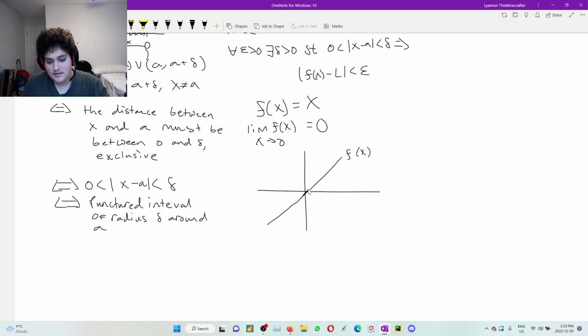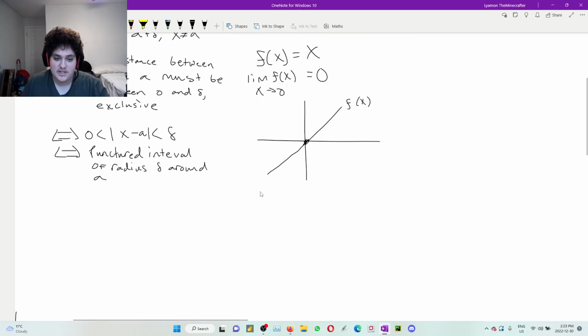It means that you can tell me how close you want f of x to be to 0. I can guarantee that f of x will be as close as you want to 0 by making sure x is as close to 0 as I choose, right? So for example, if you tell me I want